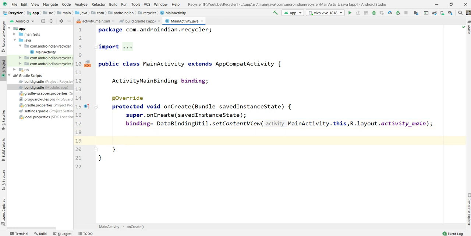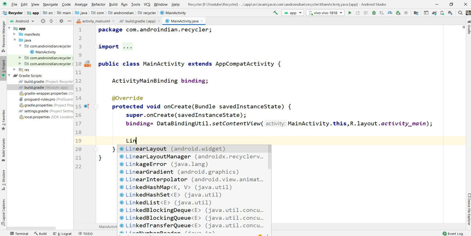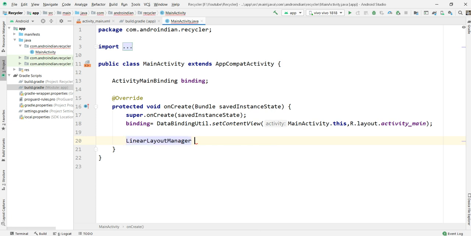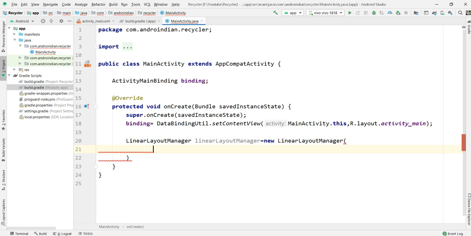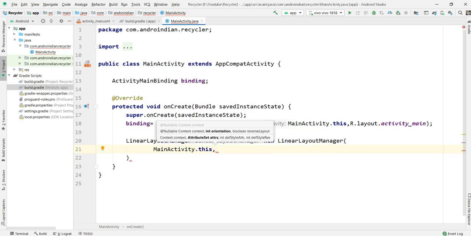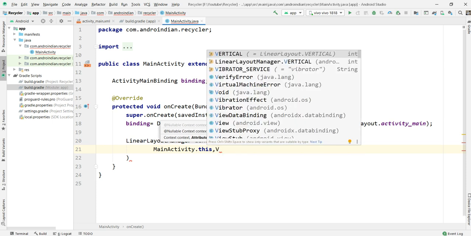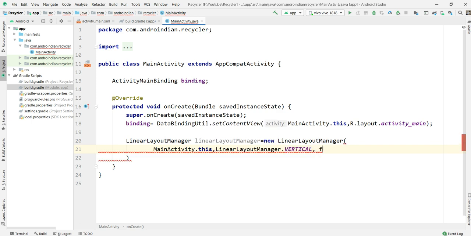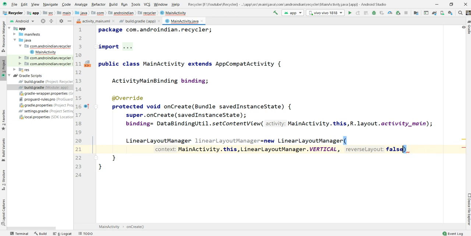Then now we'll start the recycler view program. But the recycler view program requires one linear layout manager. So equal to, here we need to set the orientation of the recycler view. In this, it's expecting 3 parameters. First one is the context, second one is the orientation, either horizontal or vertical. First we'll go with vertical, then afterwards we'll see how it can be converted. I changed this as this.